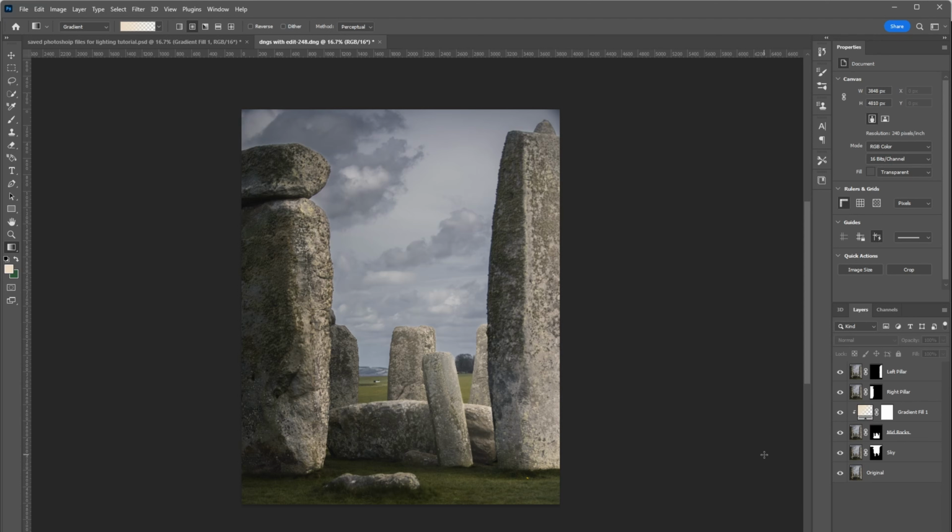Yeah, so every time I do this, it blows my mind how much control you actually have, and I think it's just such a neat way of adding these lights to an image. So what I will do now is go ahead and create the rest of the lights for these other